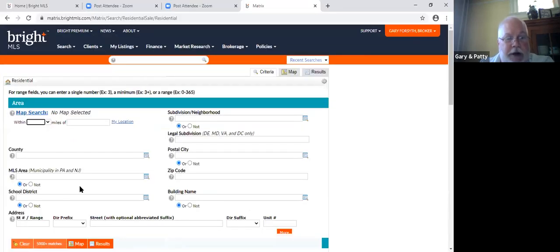So we're going to do a price range and we're going to do a school district. And this assumes that you know approximately what the house value is. So you've already done your CMA and you know that it's going to be X, Y, or Z price range. And we'll just pick one and we'll do your area so it makes more sense. Now, I'm not familiar with your area in Princeton. So first and foremost, you start with school district because it is truly the most similar from property to property, because different school districts have different attributes.